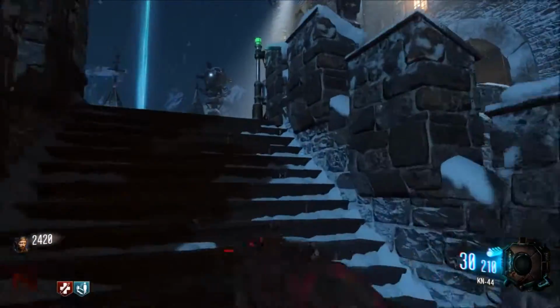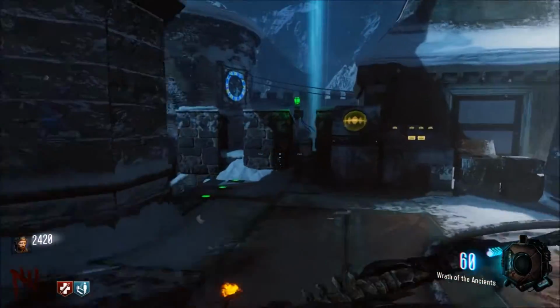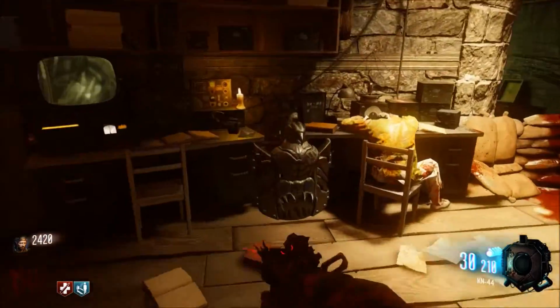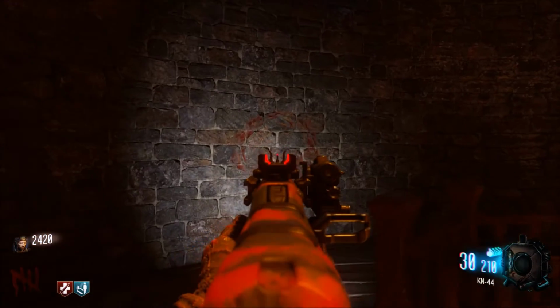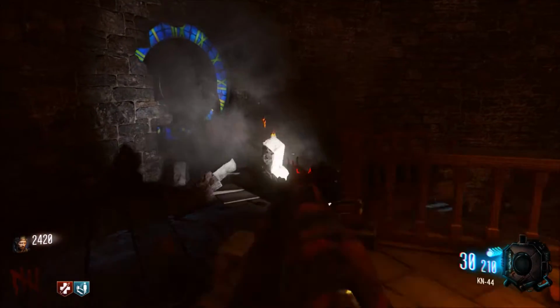So, as you can see, we're making our way to the bell tower, which is where you are going to start this fire bow quest. Simply go up to the top of the bell tower, and there's going to be a little symbol on the wall, kind of with a little spotlight on it. All you want to do is shoot that with your Wrath of the Ancients bow. As you can see, there's the symbol right there. Pull out your bow and shoot it, and the wall is going to break apart,